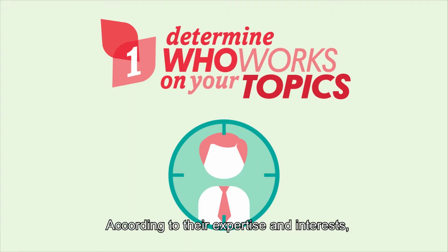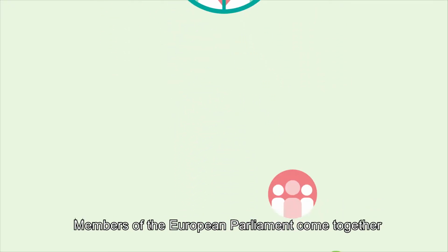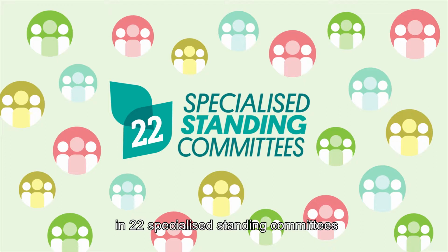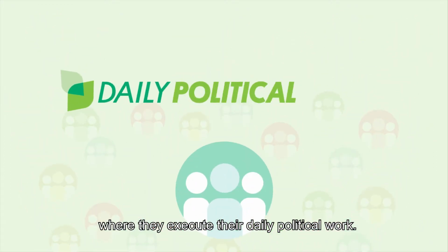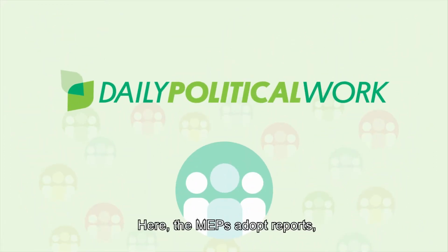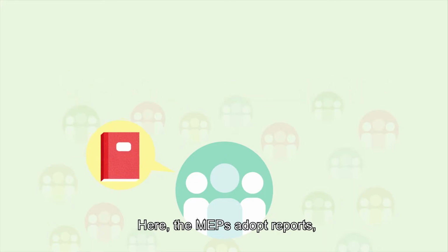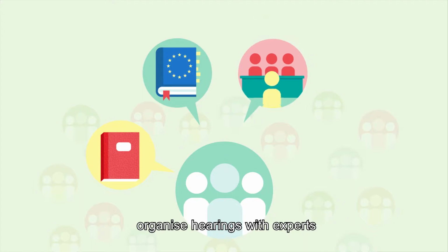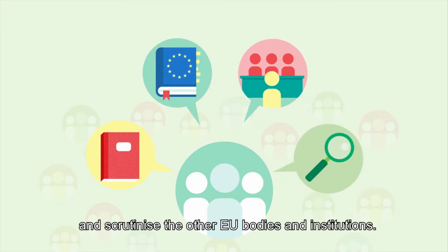According to their expertise and interests, members of the European Parliament come together in 22 specialised standing committees, where they execute their daily political work. Here, the MEPs adopt reports, propose new legislations or amendments, organise hearings with experts, and scrutinise the other EU bodies